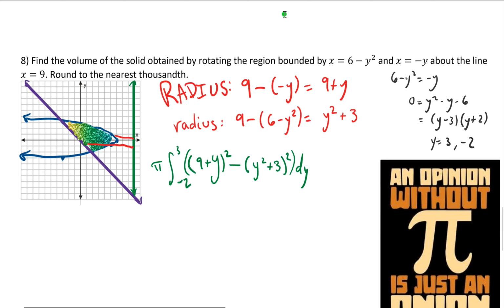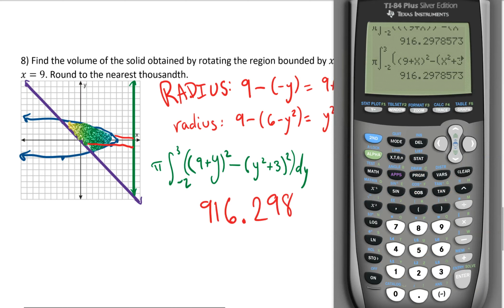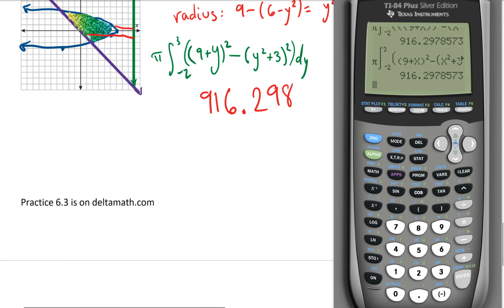Sorry about that. Okay, now I'm going to shove this in the calculator and get the answer. All right, so I got 916. I said 619. Holy smokes. Hopefully I typed that in the calculator right, but this is the answer I got. Notice I had to round up because there was an 8 here. So I'm going to double check that I typed things in the calculator right, but if that's basically the end